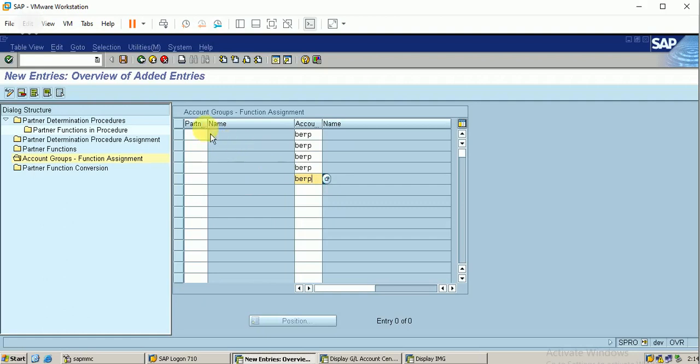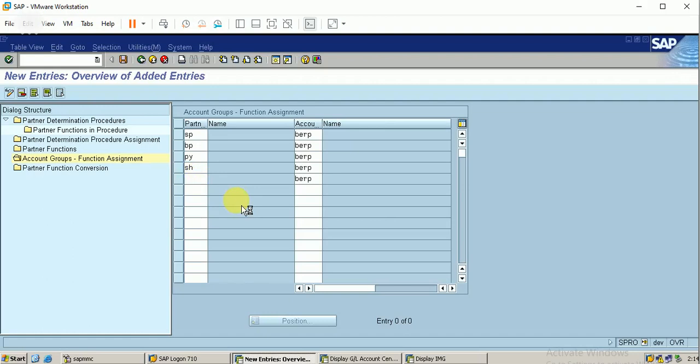Okay, then I can specify what are the partner functions I need in this configuration. Search.